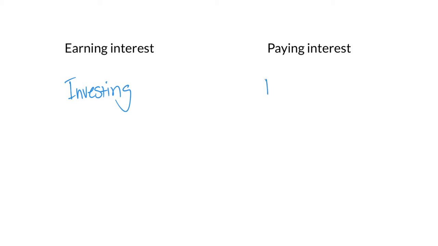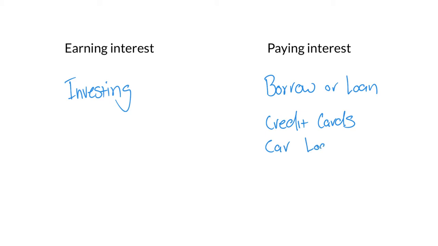So you might borrow or loan money from someone else or a bank. And in this case, you need to pay interest to them. Some other examples of loans include credit cards, car loans, personal loans, and things like Afterpay,